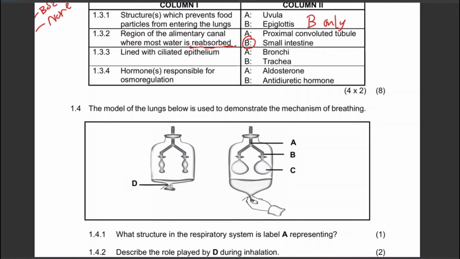Okay, lined with ciliated epithelium. Definitely both A and B. Sorry, so here you write B only, then here both A and B. Hormones responsible for osmoregulation. Again,